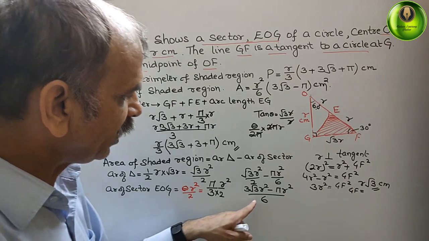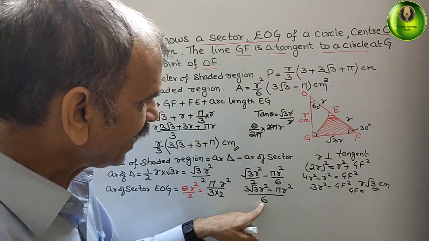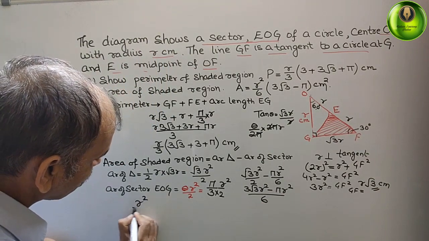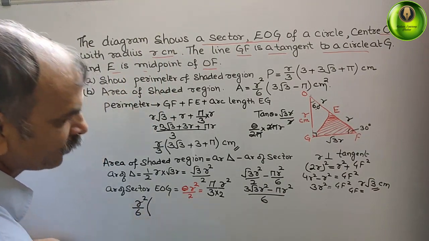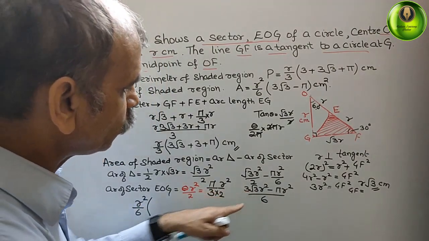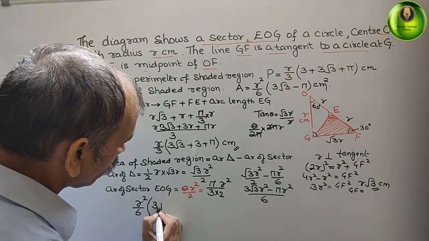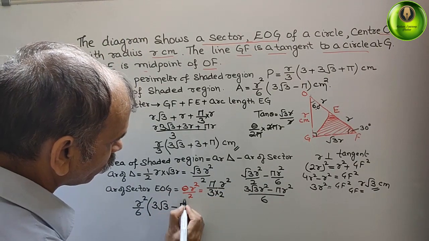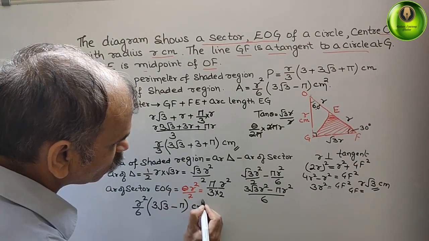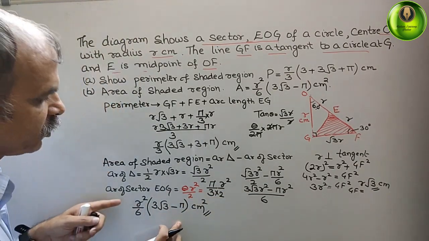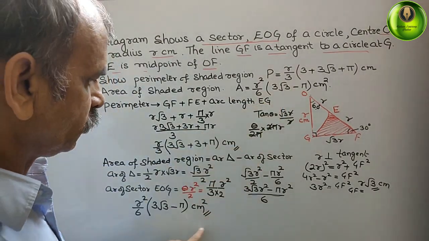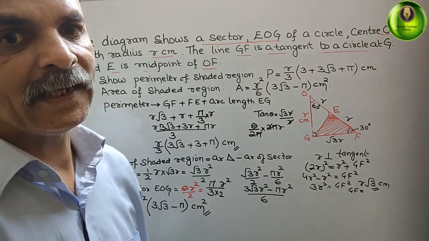So here if you see, r square by 6 is common. The remaining is 3 root 3 minus pi. Centimeter square is the area of your shaded region. So see this, we have proved this also. So now we can write, hence